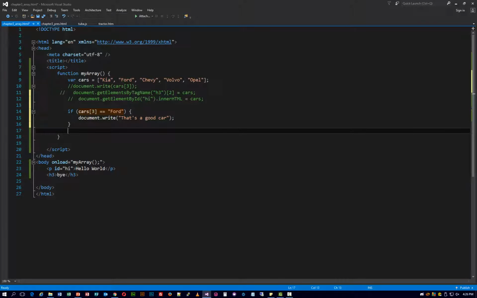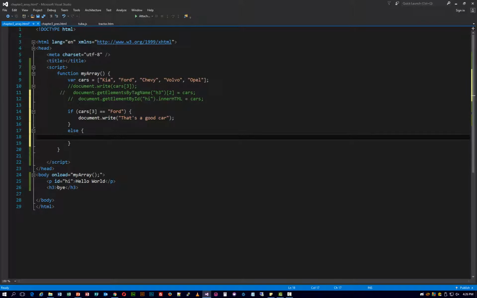I've got to say else statement. My curly brackets. And I say else, document dot write. See, that's a bad car. I'm going to go and put my